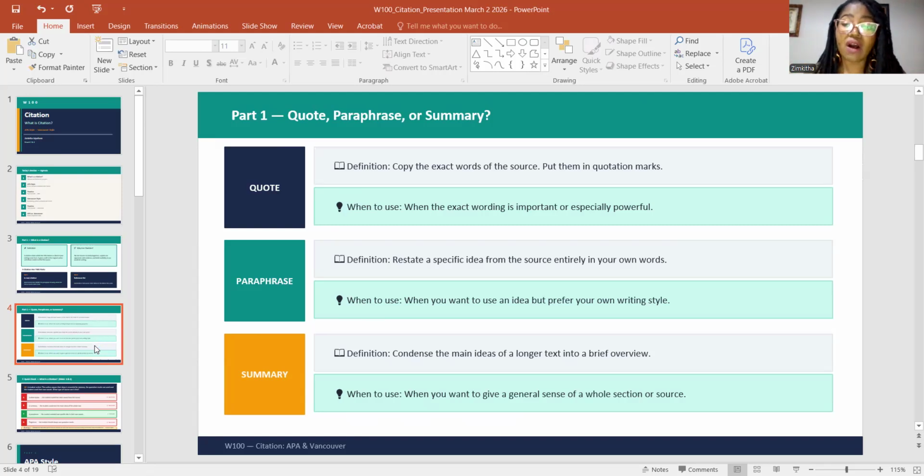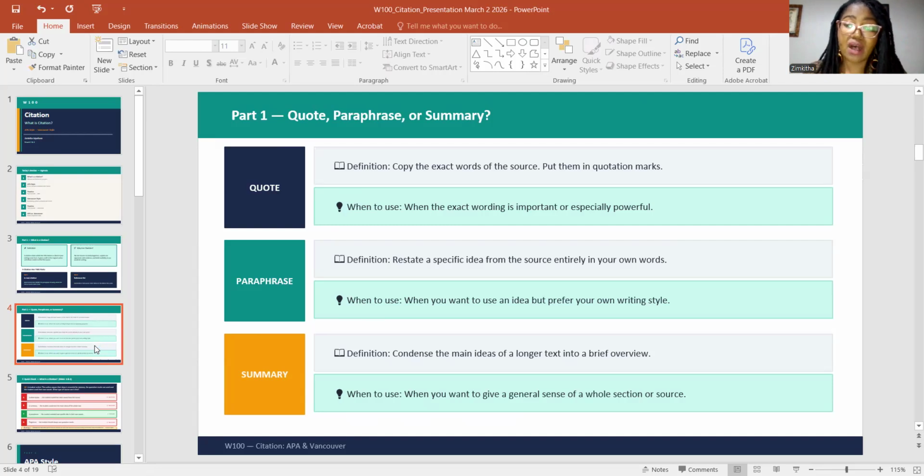The second way of using citation is through paraphrasing. All you do is basically read the quote and then put it in your words completely. Okay. And even if it's in your own words, remember the idea is not your own. You're still using somebody else's ideas. Then you put it in your own words and you still in-text cite. That is with the parenthesis.